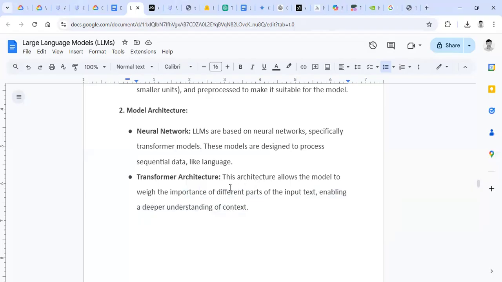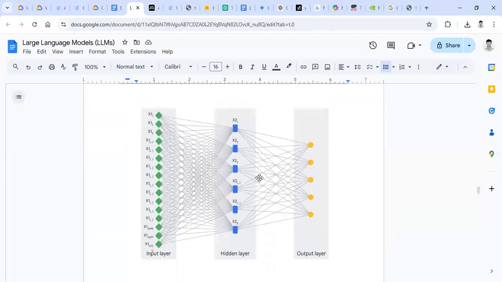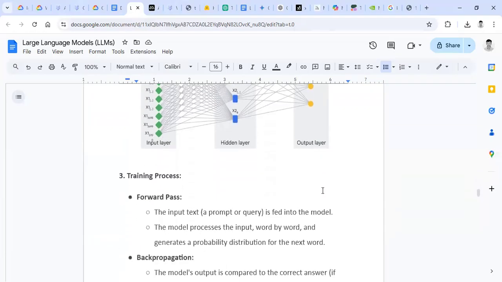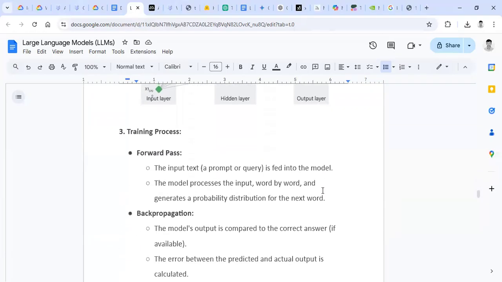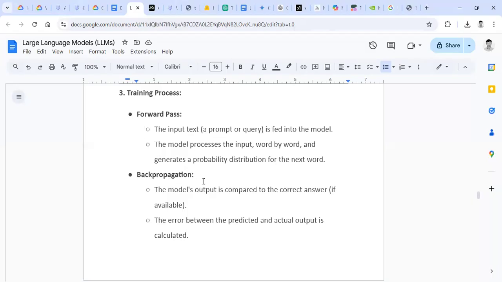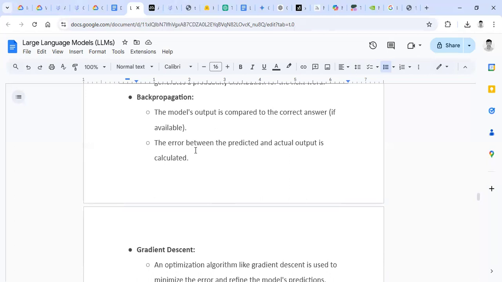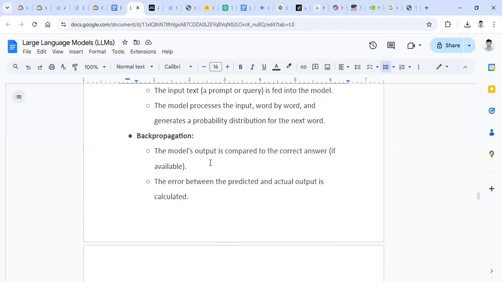Okay. So once the input is passed through the transformer architecture, it will determine the desired output for the users. It passes through the hidden layers. These are the hidden layers in a transformer architecture. Once it passes through the transformer architecture, the training process starts, with a feed forward layer and back propagation. Internally, it is evaluating the input and trying to generate the output for the user. And finally,